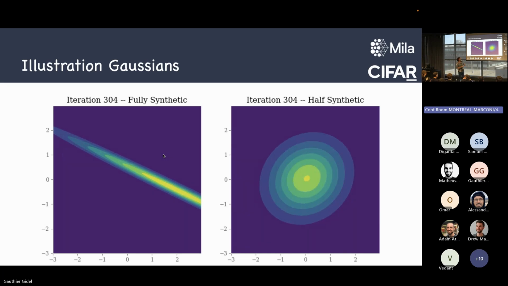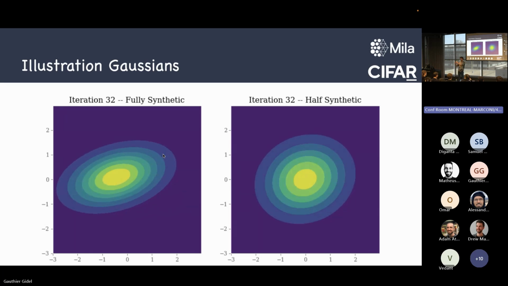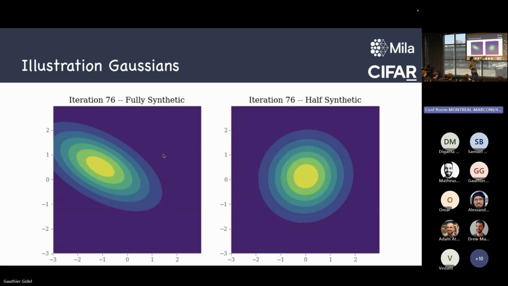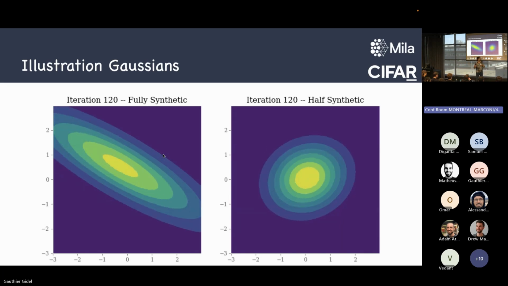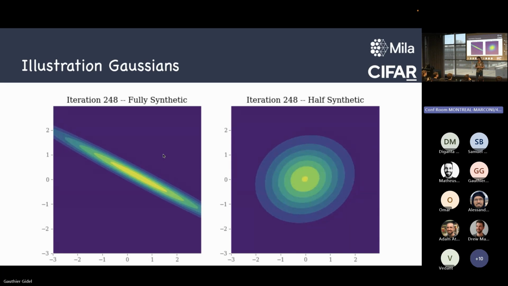That's correct. On the left one, you start with a model that has been trained on the real data, and then you forget it. You just train on your own data. On the right one, you train the model on the real data, and then at the following step, you generate and make a mixture between real and fake. Okay, I see.